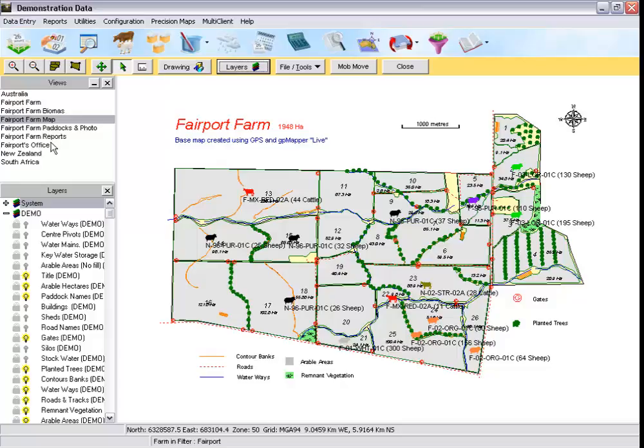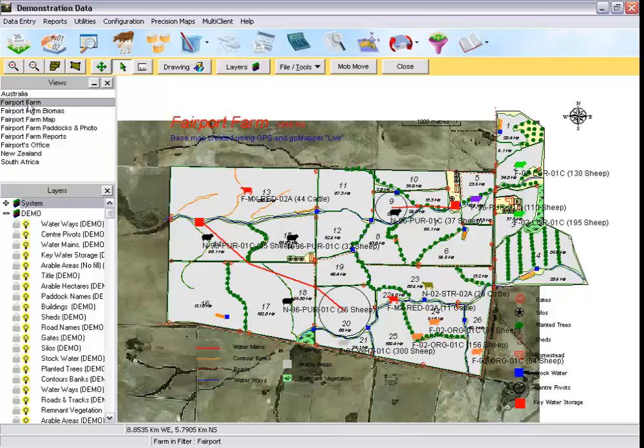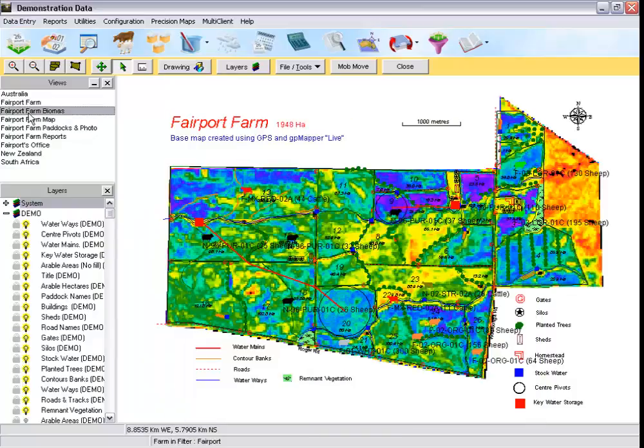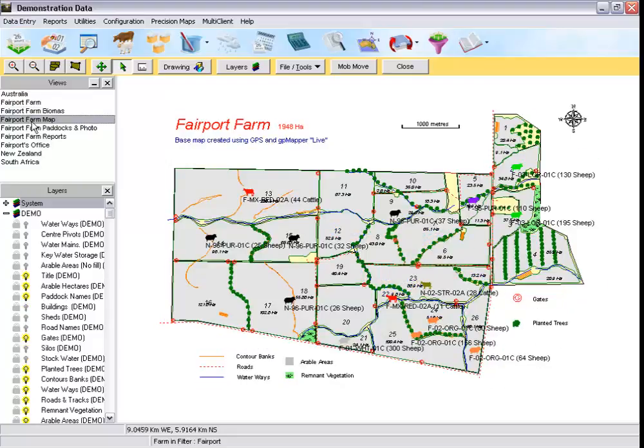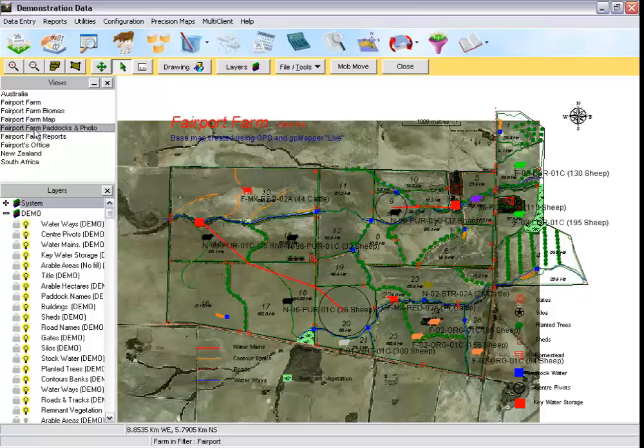What the views do is actually keep track of what layers are turned on and off and where in the world we're zoomed to. So you can have several different views of one property. For example, we've got Fairport Farm, which has an aerial photograph turned on. We have the Fairport Farm biomass, which has the photo turned off but a biomass image turned on. A Fairport Farm map, which is just the basic map. We have a Fairport paddocks and photo,